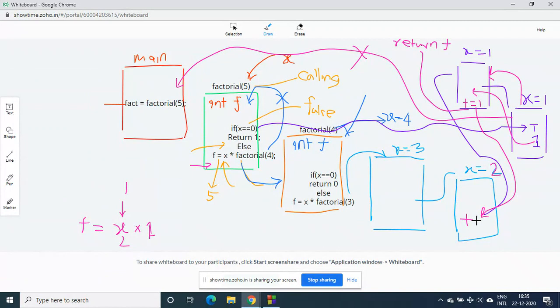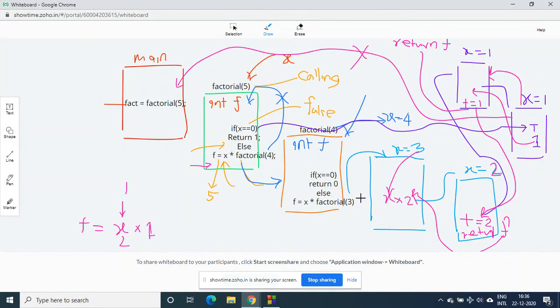This 2 will be returned because again there is a statement called return f, right? So this f will be returned to where the function was called from. What is the statement over there? Again x into the value, which is 2. What is x here? 3, right?